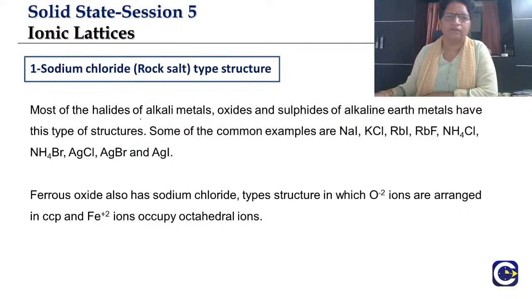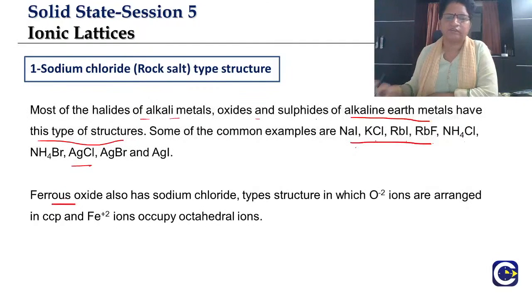Most of the halides of alkali metals, oxides and sulfides of alkaline earth metals have this type of structure. And what structure? Rock salt type of structure or NaCl type of structure. The other examples that you will come across are sodium iodide, potassium chloride, rubidium iodide, rubidium fluoride, ammonium chloride,